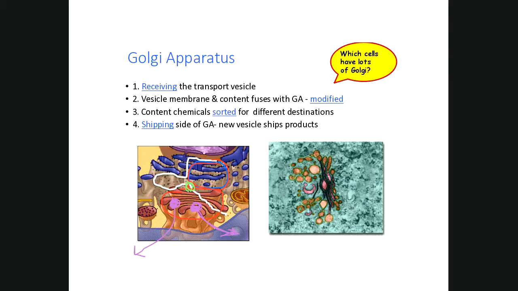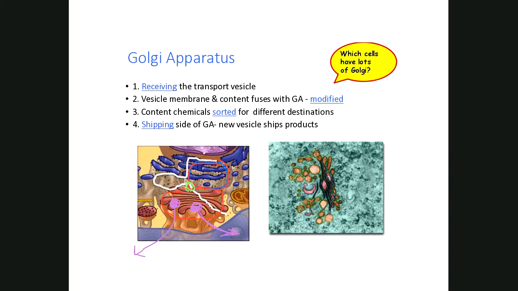It receives the transport vesicle from the endoplasmic reticulum. Its membrane fuses with the Golgi apparatus. When the membrane fuses with the Golgi apparatus, it opens up and releases its content. Its content, the proteins, are then shipped and sorted by the Golgi apparatus, and then repackaged into different packages,